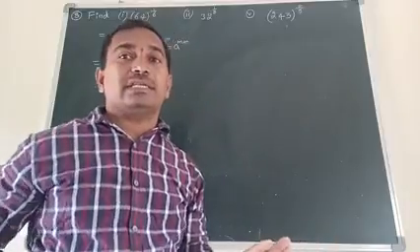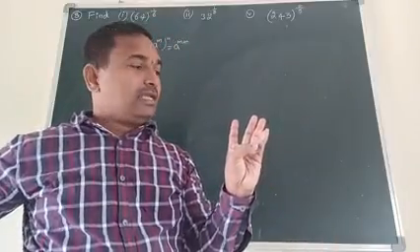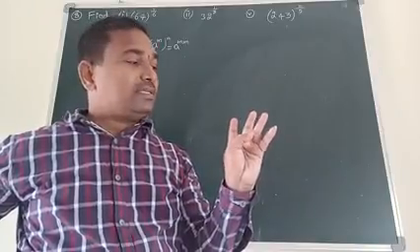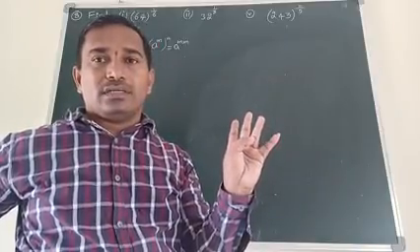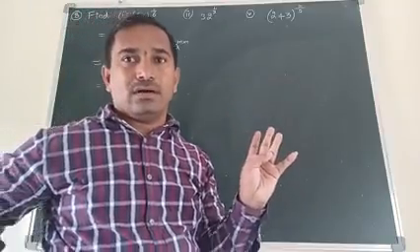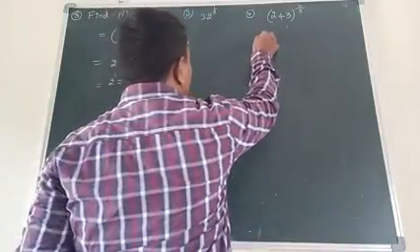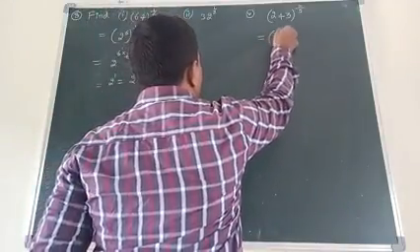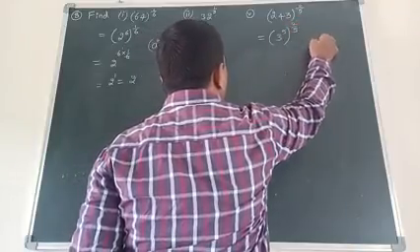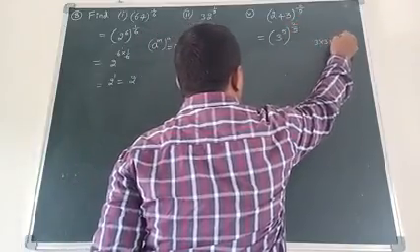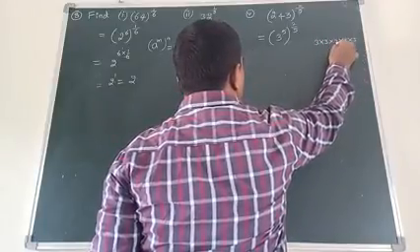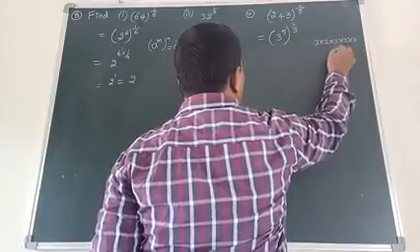So let us check 3. 3 3s are 9. 9 3s are 27. 27 3s are 81. 81 3s are 243. So if you multiply 3 five times you can get 243. Okay. So first let us write this as 3 power 5 whole to the power 2 by 5. If you multiply 3 five times, 3 3s are 9, 9 3s are 27, 27 3s are 81, 81 3s are 243.